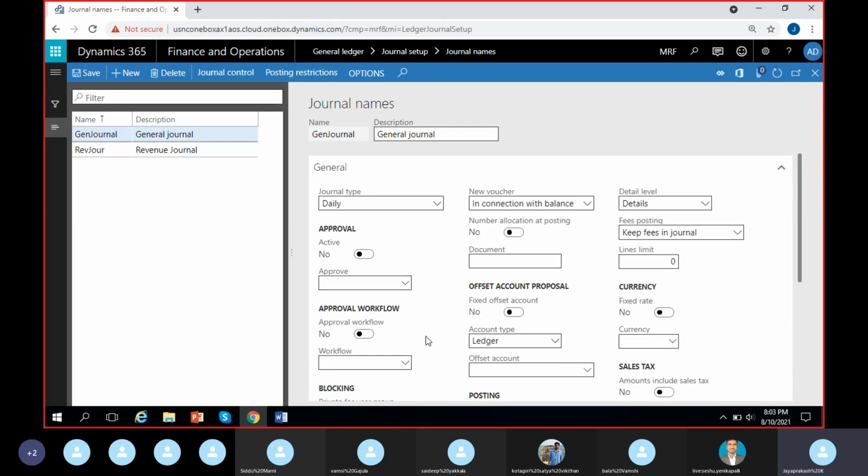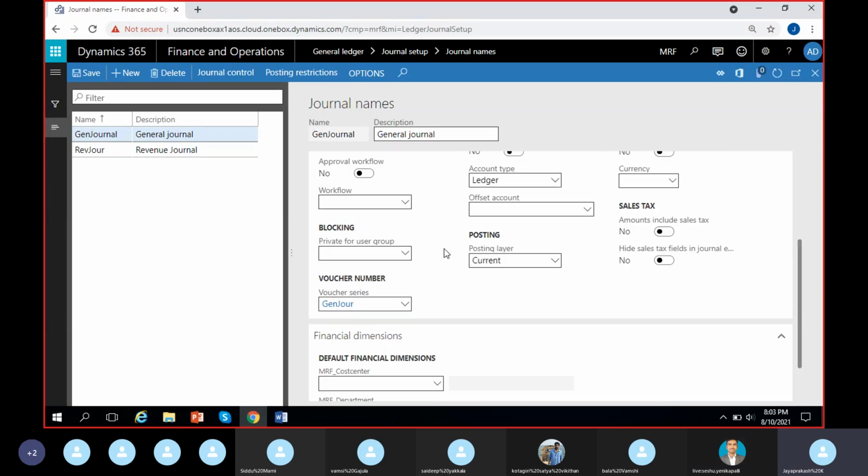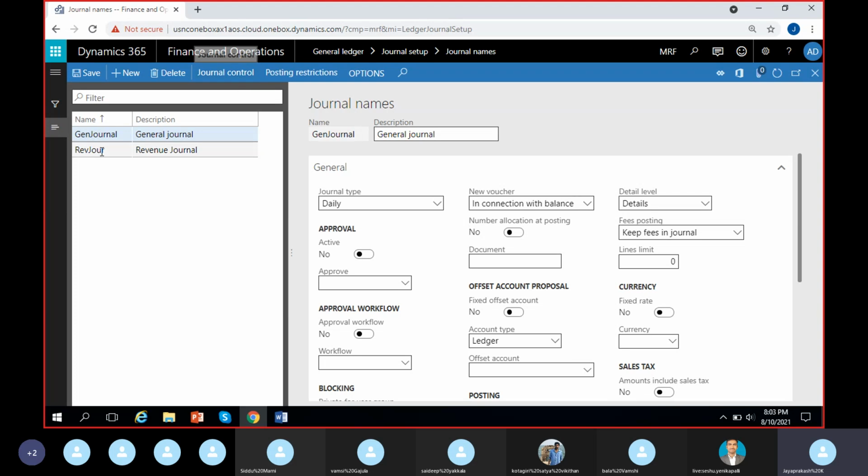Then we were left with only these two things to discuss: journal control and posting restrictions. We'll see that part today. Firstly, I'll demonstrate this journal control within the journal name. So if I click on journal control,